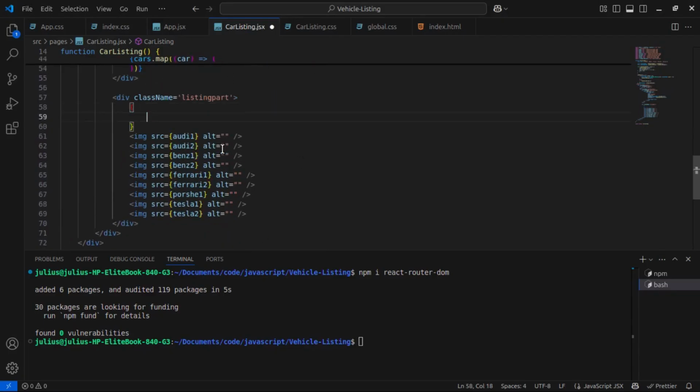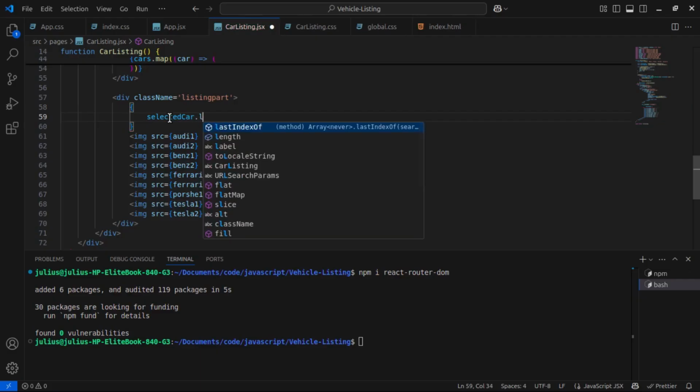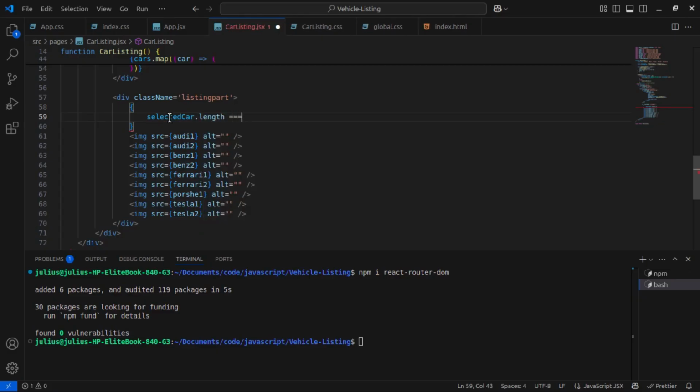Okay, first things first, let's include the Audis. When the Audis are selected, these two images should be displayed in Audi 1 and Audi 2. To go about it, first of all, when we have 0 selected cars, it should display all the vehicles. So let's first include that functionality. Selected dot length is equal to 0, or selected dot includes